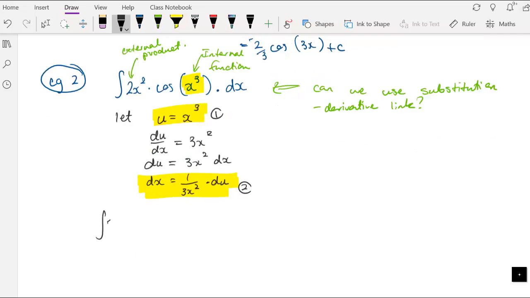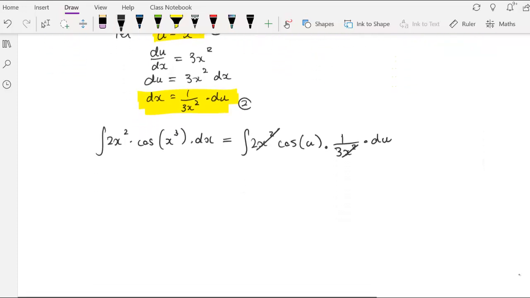We can replace x cubed with u, and we can replace dx with 1 on 3x squared du. So we're saying that the integral of 2x squared cos x cubed dx is the same as the integral of 2x squared cos u. So there's our first substitution, and the second one is replacing dx with 1 on 3x squared du. Now we should see here that x squared and x squared cancel. We can take the 1/3 and the 2 out front, so now we've got 2 on 3 integral cos u